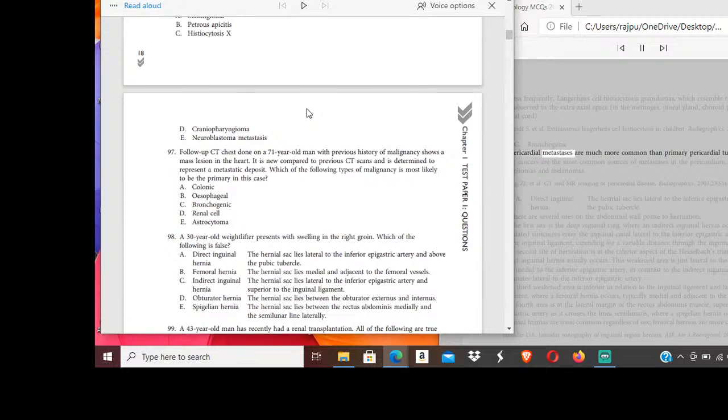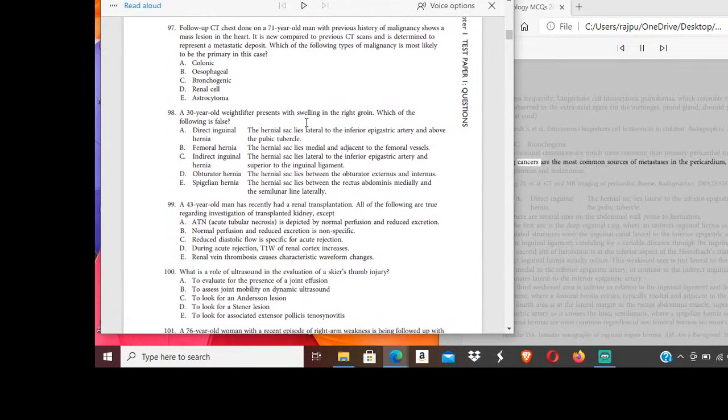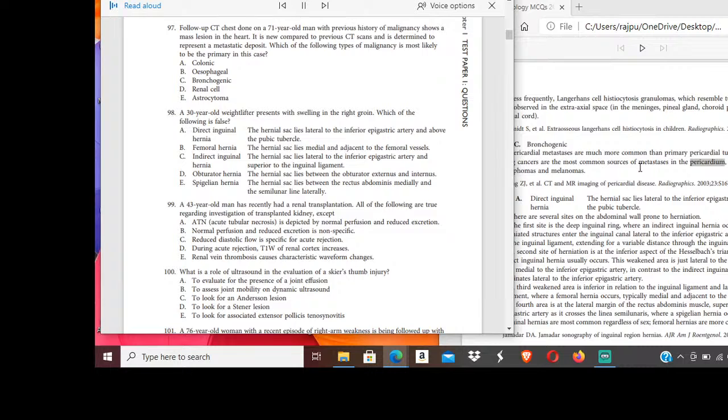C. Bronchogenic. Pericardial metastases are much more common than primary pericardial tumors. Breast and lung cancers are the most common sources of metastases in the pericardium,